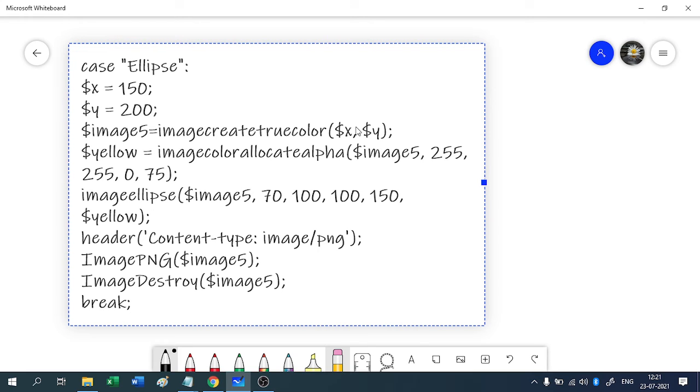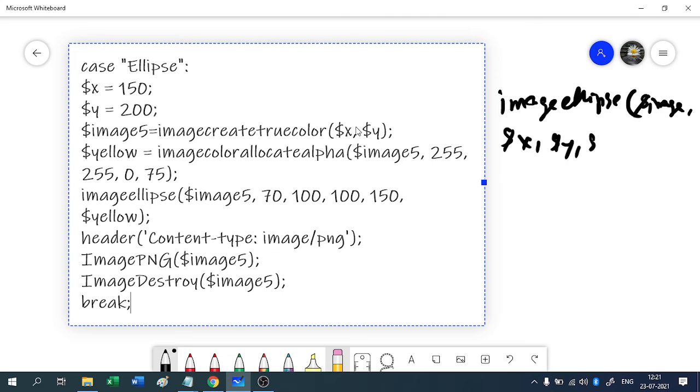The imageellipse function is used to draw an ellipse. The parameters are image, then $x, $y, width, height, then color. x represents the x coordinate value, y represents the y coordinate value, then width is the ellipse width, height is the ellipse height.